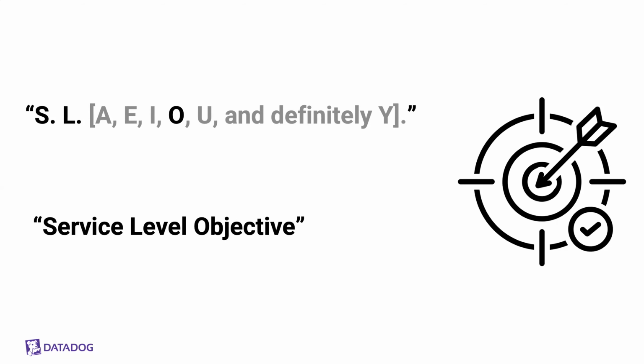Our next letter is O for service level objectives. Service level objectives are a way of measuring the health of your systems based on how your end users experience them. They are a target value for your service's availability. The idea is to pick a reasonable value that should be maintained or strive for your given services. An SLO is expressed as the percentage of a metric threshold over a period of time.